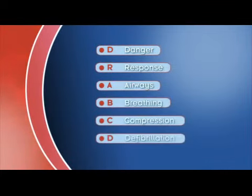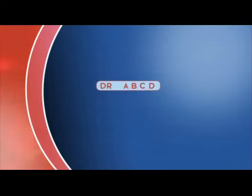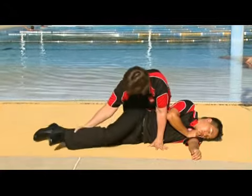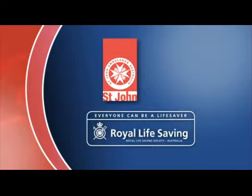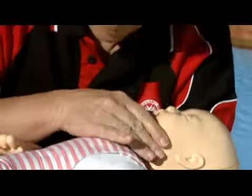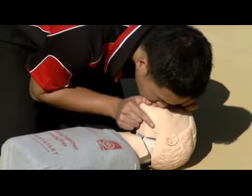I find it easy to remember the DRABCD action plan as Doctor, ABCD. Formal CPR courses are available from a number of service providers, including St John Ambulance and the Royal Life Saving Society. I hope you've enjoyed this CPR section. However, I strongly recommend you enrol in an accredited CPR course